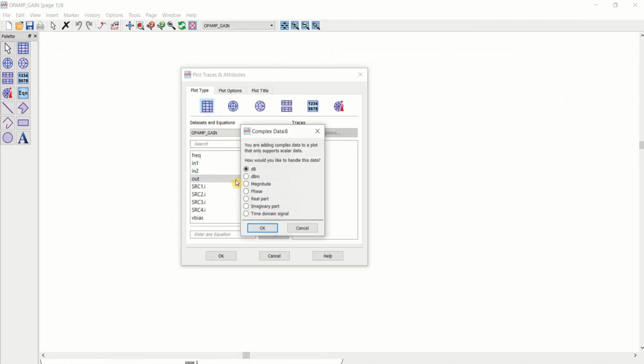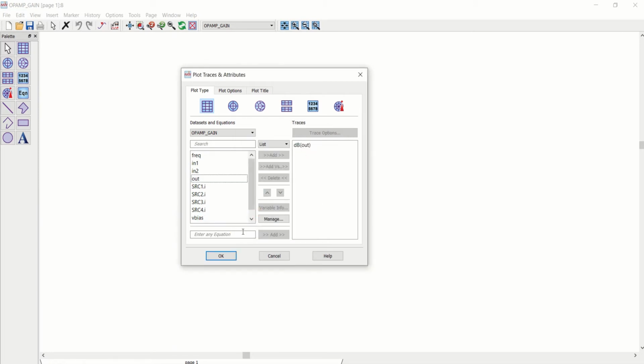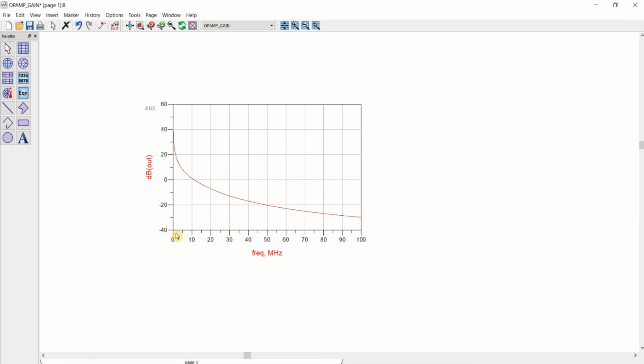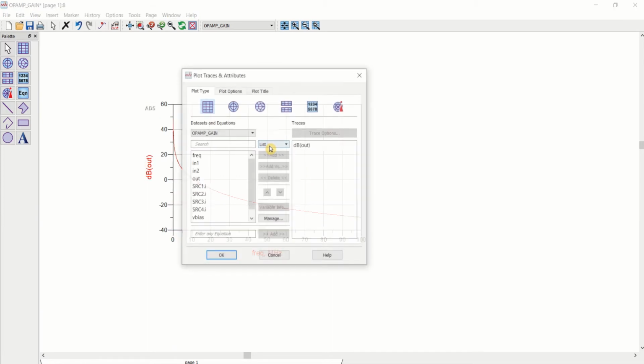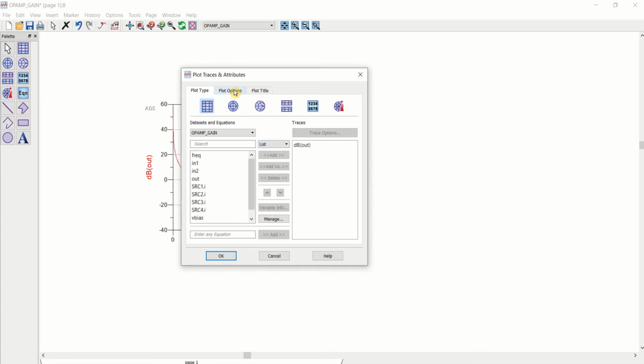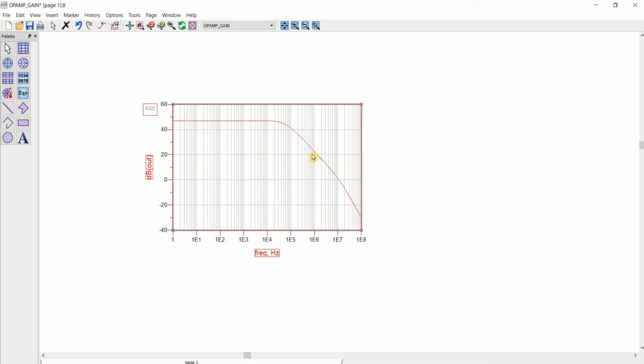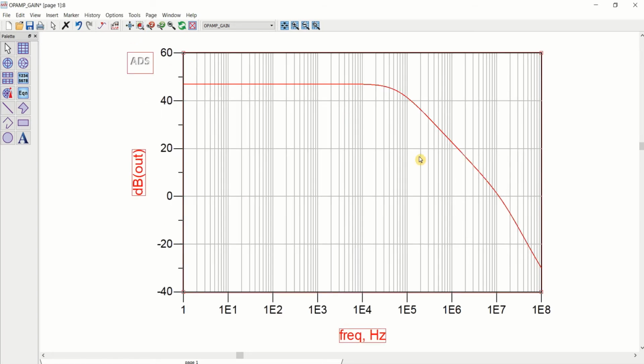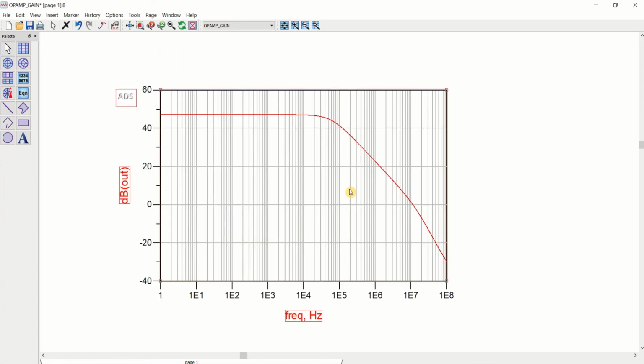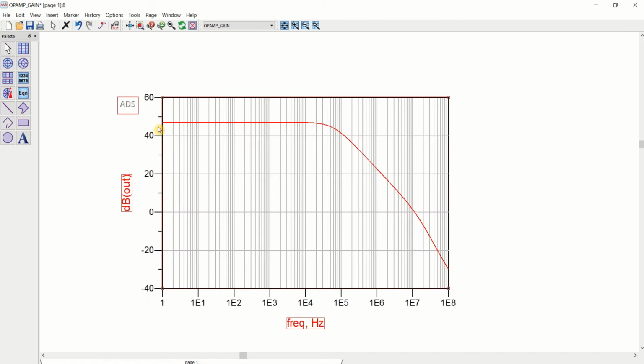Select the Vout output in dB. Click on OK. This is the linear scale, but I want to plot this in logarithmic. So click on it, plot option, x-axis to logarithmic. So this is the magnitude plot of the op amp.